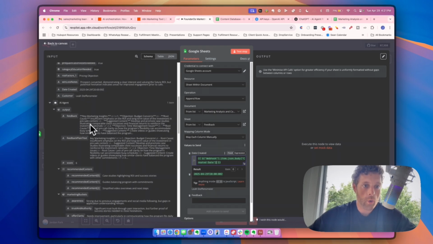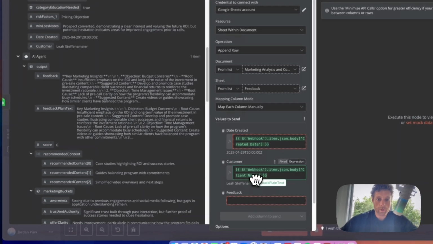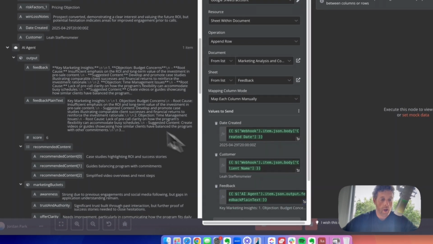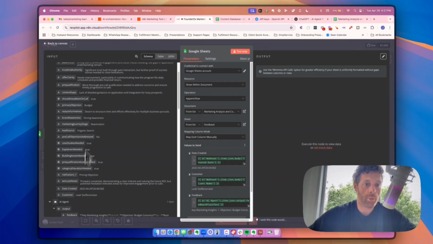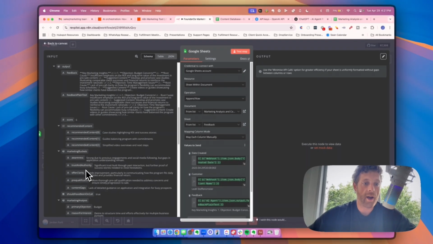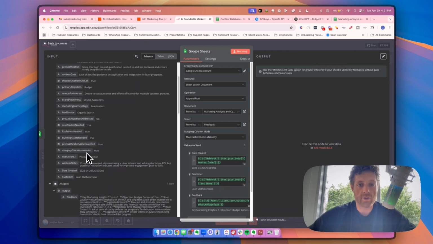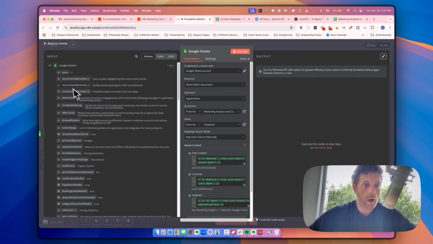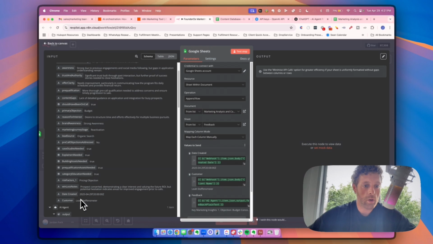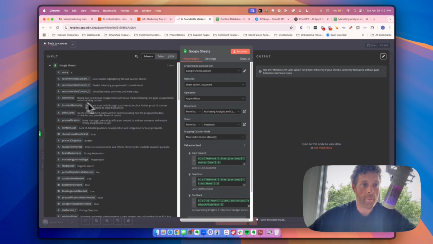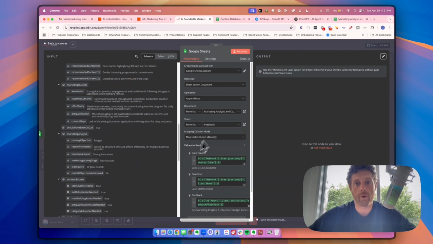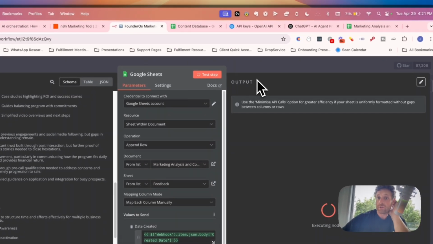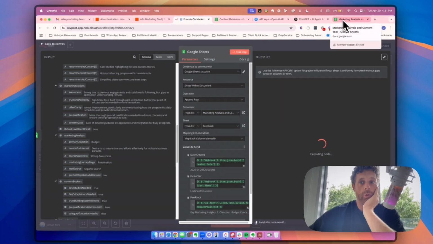Oh, and you know what? I totally messed this up. Actually, let's go fix this real quick. I was pulling from the AI agent. So that's something to note, guys. You can see here, the output parser was above. I, for some reason, was pulling the AI agent data, which we don't want to do. So yeah, that's way better. Oh, sorry, no, that's the Google Sheet. Okay, this is how it's coming through from the output parser. So we're good there. So we'll just test this real quick, and then you will see